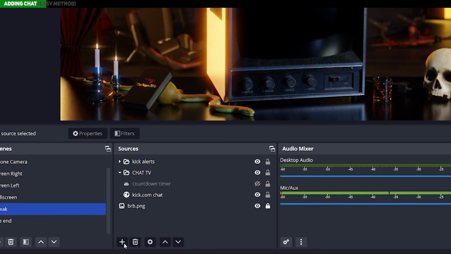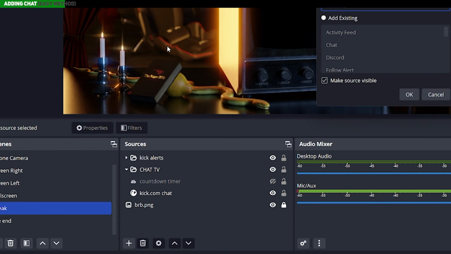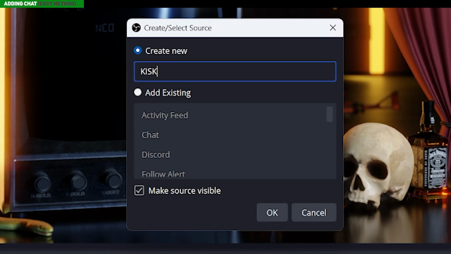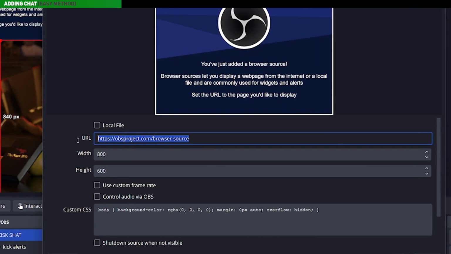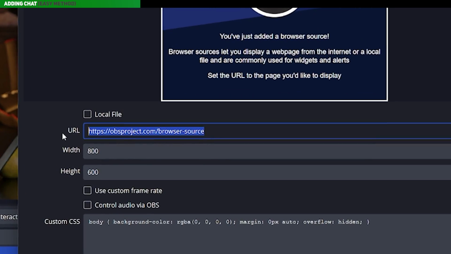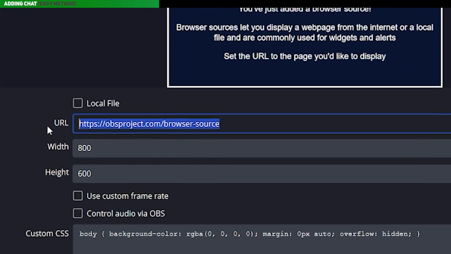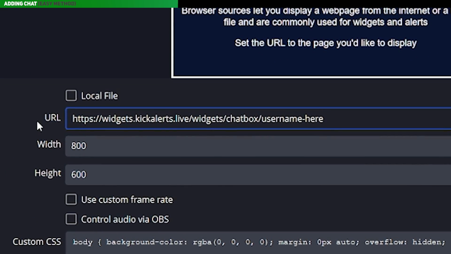Click on the plus button, add a browser source and name it Kik Chat. Hit OK. In here, you'll paste in this special URL that I will make sure to include in the pinned comment. That is